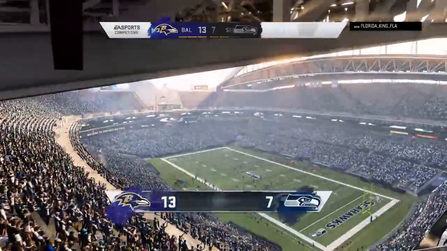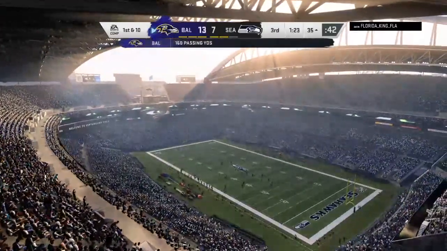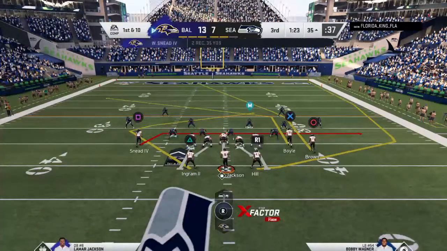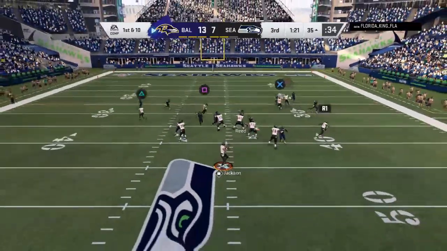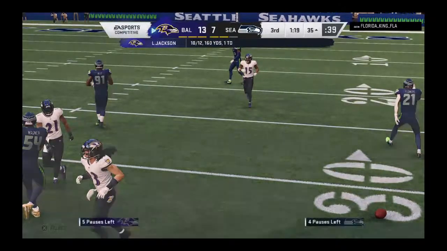MVP, usually a quarterback. But in this case, we're going to have an upset. Middle linebacker Fred Warner is going to have 13 tackles and an interception return for a touchdown and be the upset MVP winner over Jimmy Garoppolo, because in the Super Bowl, the quarterback...